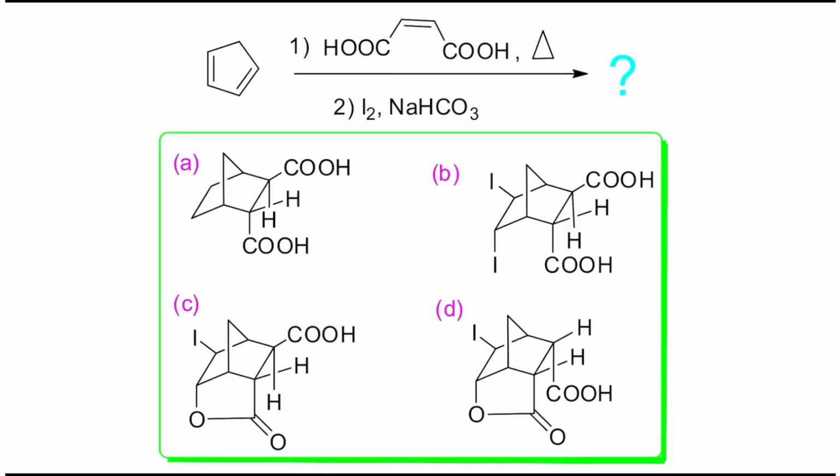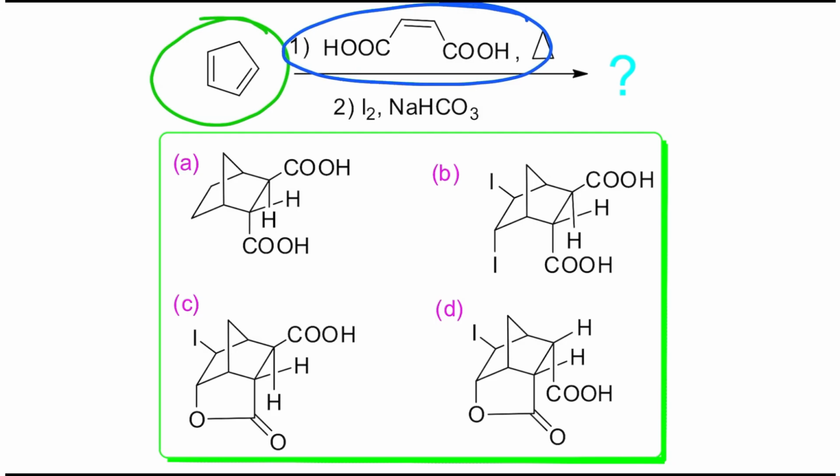Before going to the details, I give you some suggestions. Please read the problem once more. This is actually a diene. It's reacting with a dienophile, or you may consider this is maleic acid, under heating conditions. So the first is the DA reaction and the second is iodolactonization. From the first option, the DA reaction, can you get the final product? I think you should get it, and I shall explain at the end.